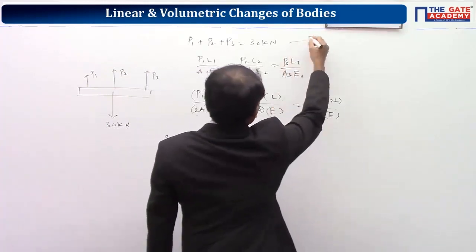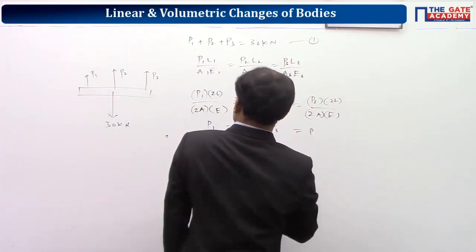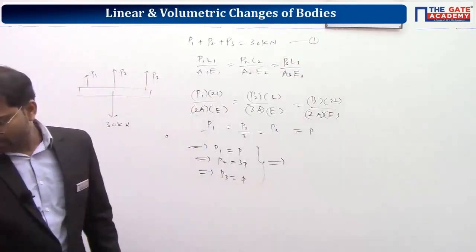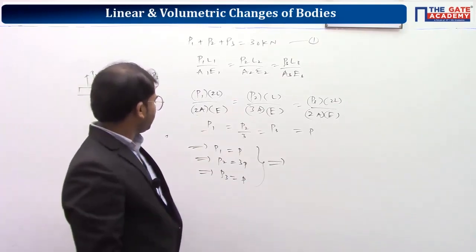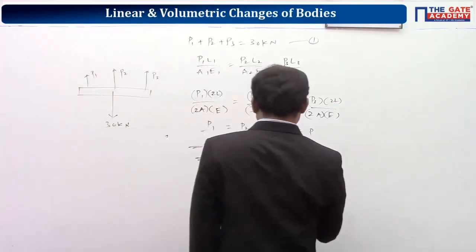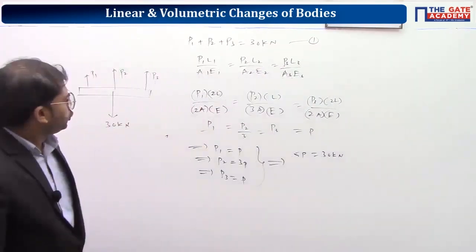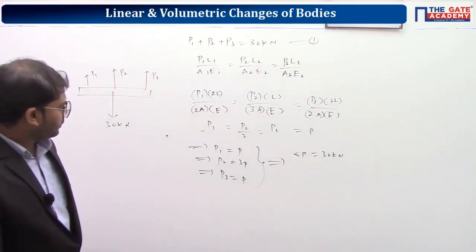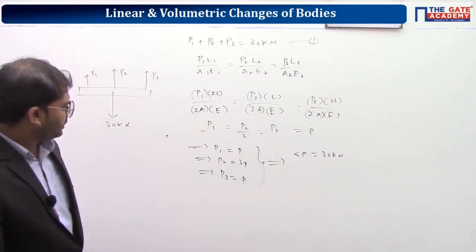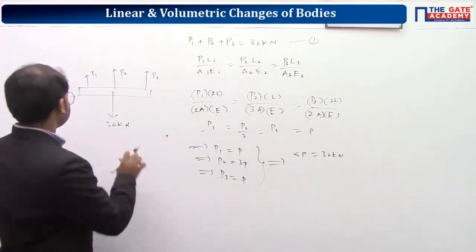Substituting all in equation number 1: the central rod is L and 3A, here 2L and 2L, so 2 will go, P3 by 3. There is some mistake here. P3 is equal to 3P, P2 is equal to 3P, P1 is equal to P. So 3, 4, 5 is equal to 30. Applied force is 50 here. Sorry.